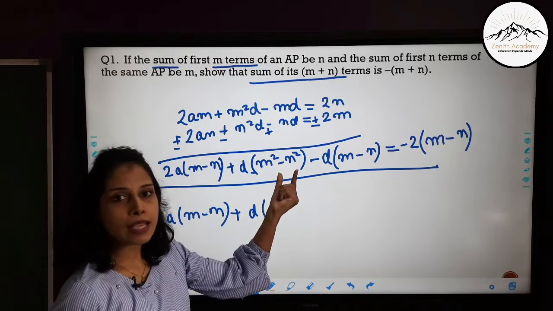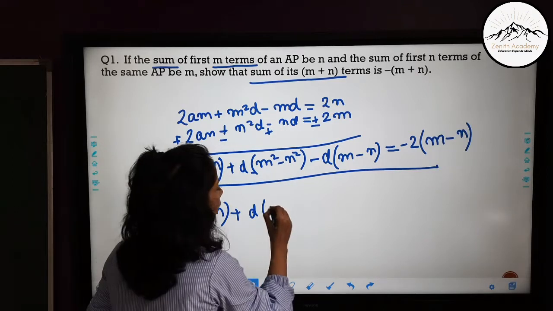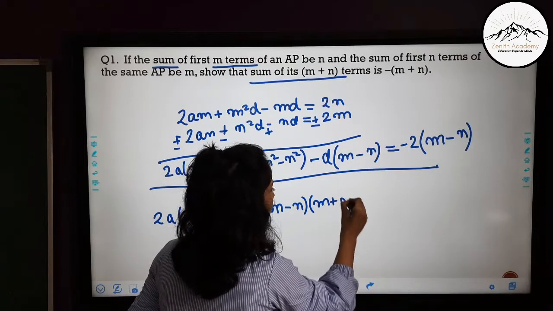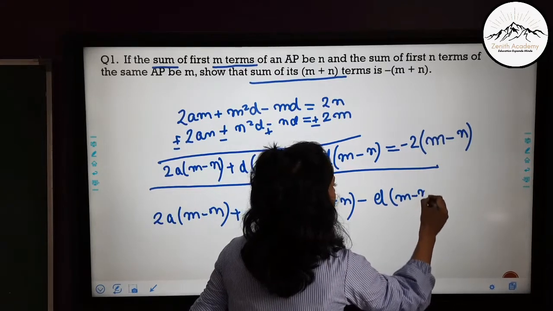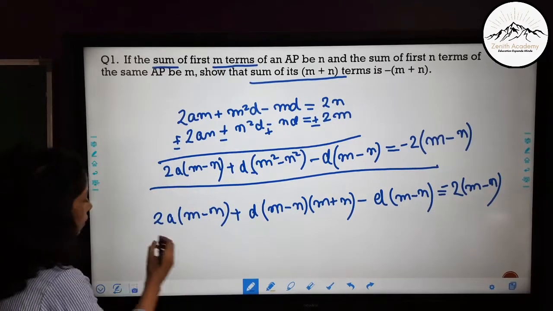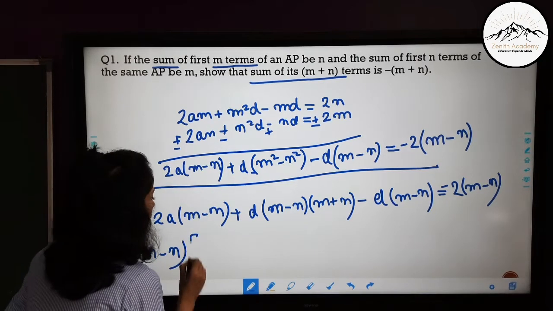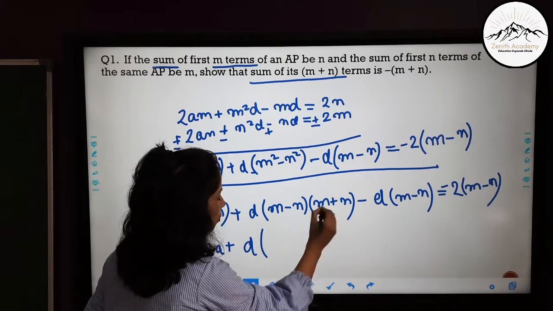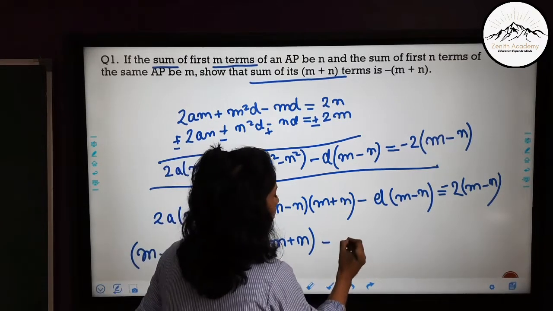Now we know the property a square minus b square is equal to a minus b into a plus b. So using that, m minus n into m plus n minus d m minus n. This is minus 2 into m minus n. So we take m minus n as common. 2a plus d into m plus n is remaining minus d